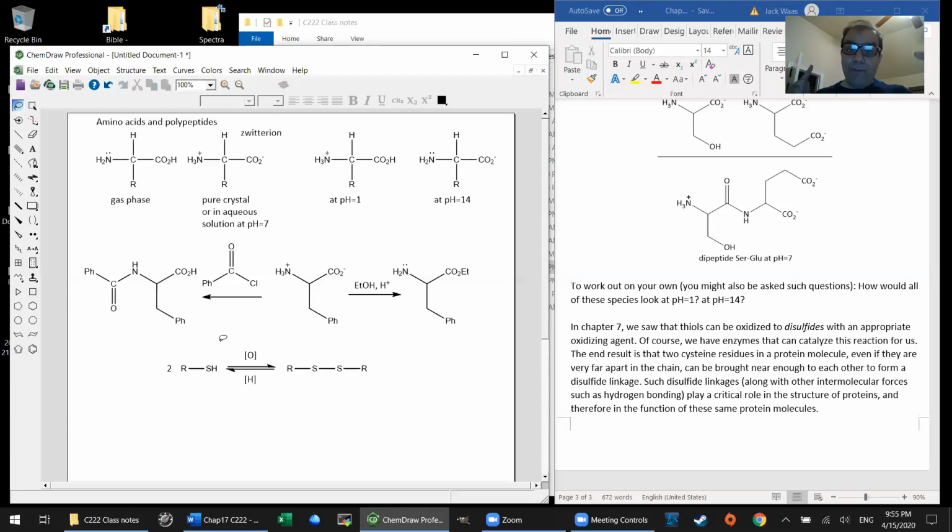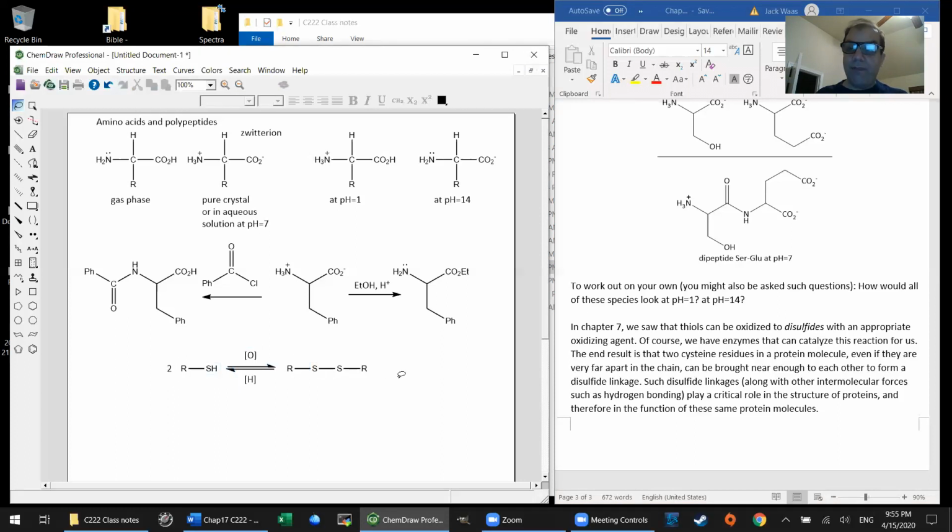And these two amino acids could be very far apart in what they call the primary structure of the protein. They might be 500 or 1,000 or 5,000 amino acid residues apart. But the thing can fold and bring these two together and make a disulfide linkage. And disulfide linkages, hydrogen bonding, ion dipole type forces, those all affect the structure of proteins very profoundly. One practical application of all of this